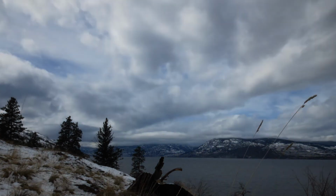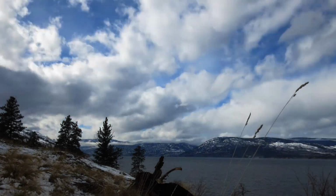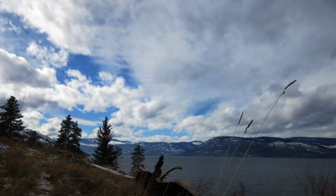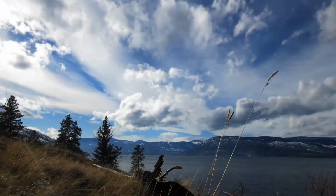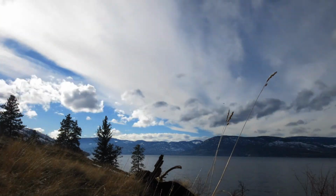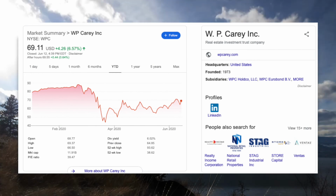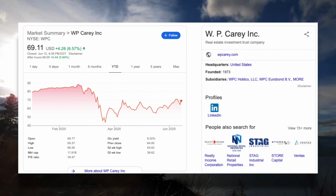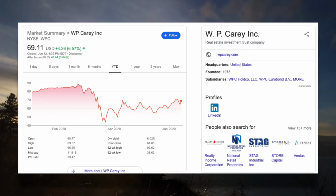What makes WP Carey different than other REITs? Companies like WP Carey finance the purchase of lucrative and attractive properties and then rent them to tenants in the retail sector. Whatever is the difference between financing the cost and rental income, the REIT will account for as profit minus other expenses. Now obviously the perfect time to buy the stock was mid-to-end March 2020, but even today, with the stock only down 17% year to date and over 25% from its all-time highs, WPC offers a very